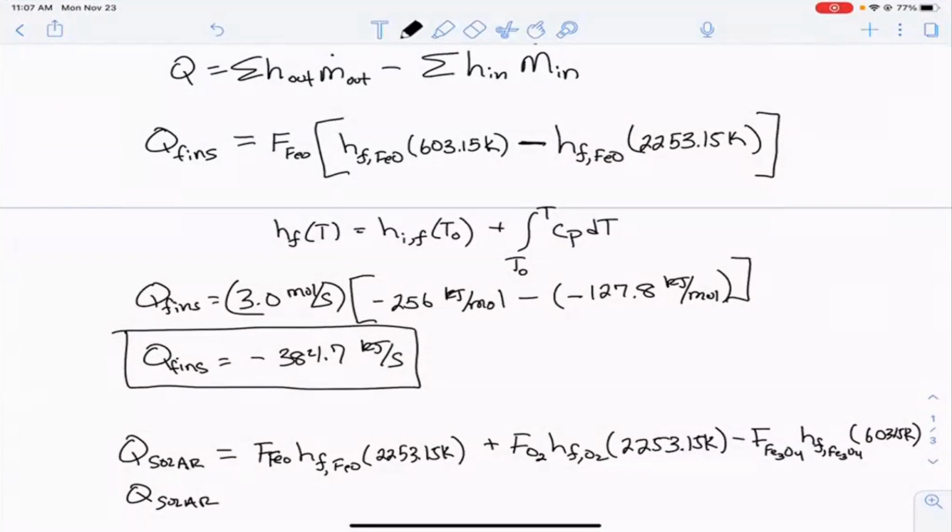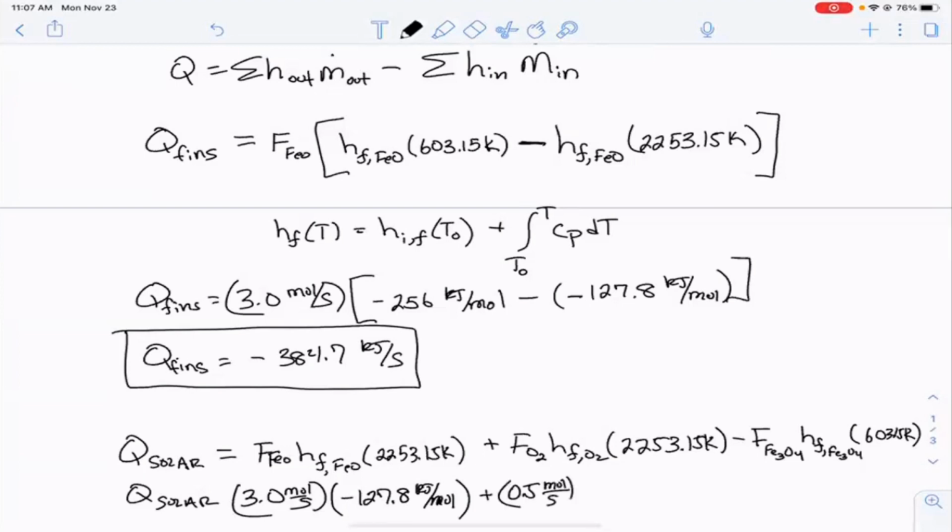Again, we know the flow rate of FeO is 3 moles per second, times the heat of formation at 2253, which is minus 127.8 kilojoules per mole, which we just used in the previous problem, plus the flow rate of oxygen, which is 0.5 moles per second, times the heat of formation of oxygen at that temperature, which we just saw was 68.8 kilojoules per mole, then minus the flow rate of Fe3O4, which was 1, times the heat of formation at the lower temperature, which is minus